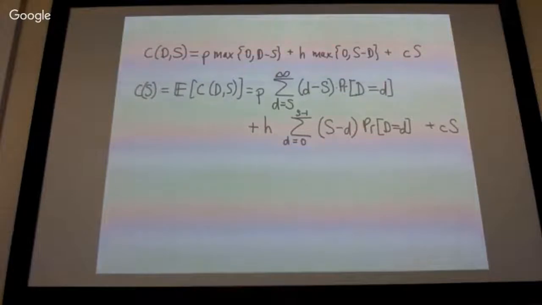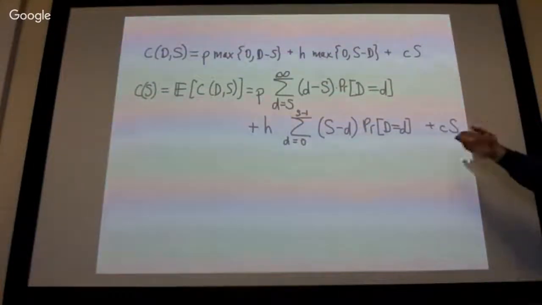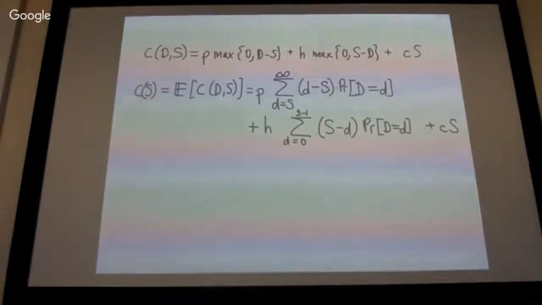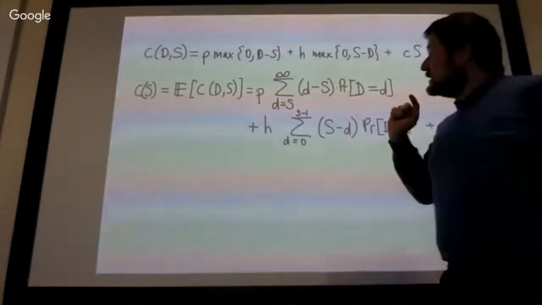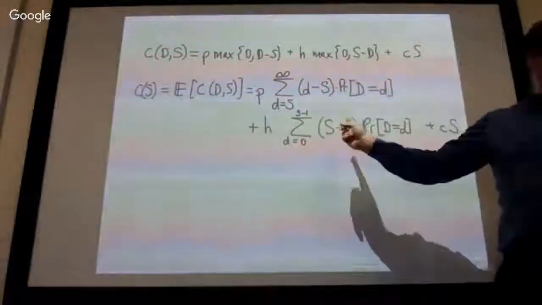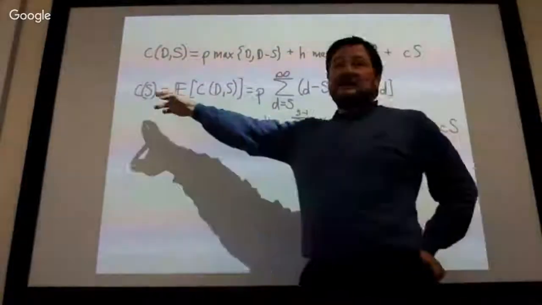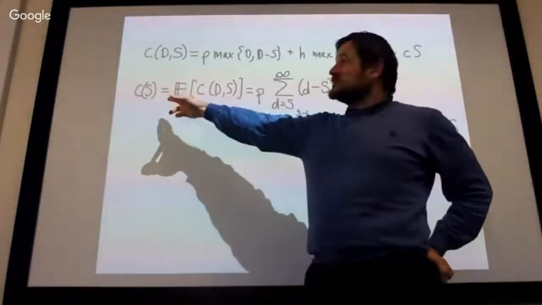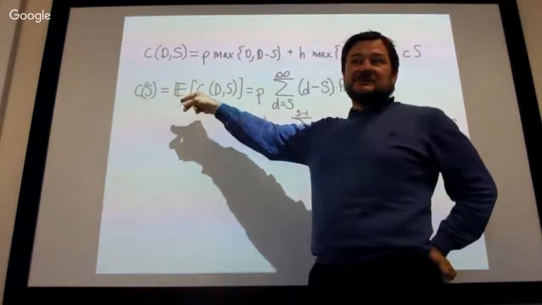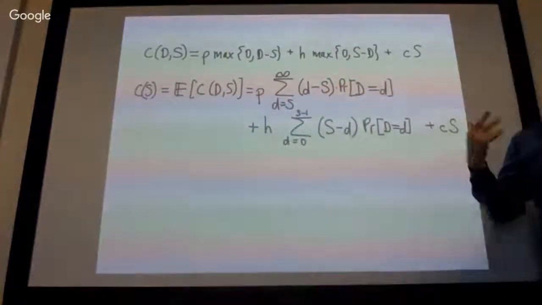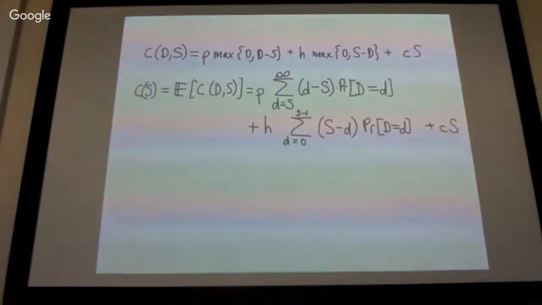Okay, this is not quite a linear function, so you can't use simplex. Differentiation is hard as well because S is only taking on discrete values. So how do you differentiate? Okay, so that's a bit of a problem. However,